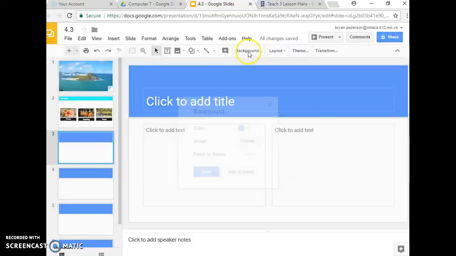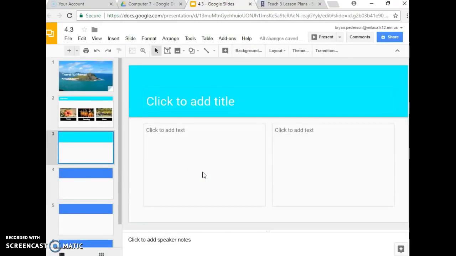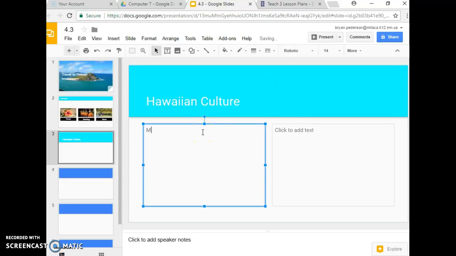So same thing. I'm going to change the background color to cyan. Okay. And it says type the title and change the background to cyan. So the title of this one is called Hawaiian Culture. Okay. And it stays left align on the left side. Now it wants me to type that list there. So I do music, enter, dance, enter, legends, enter,